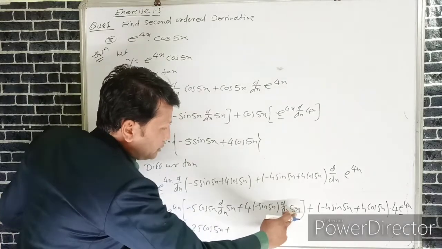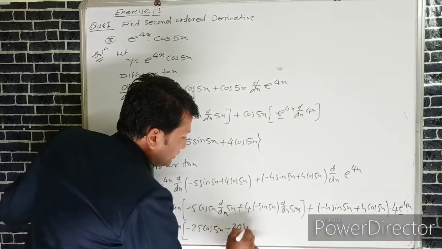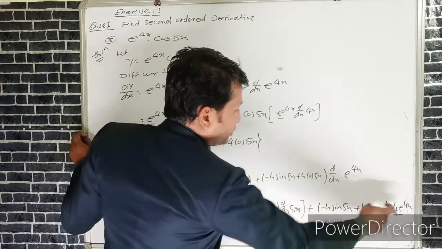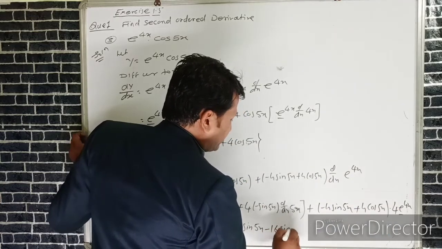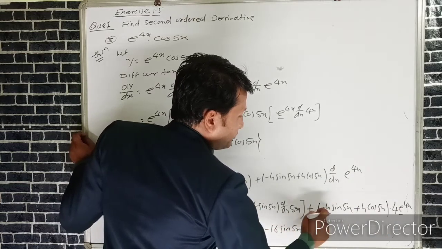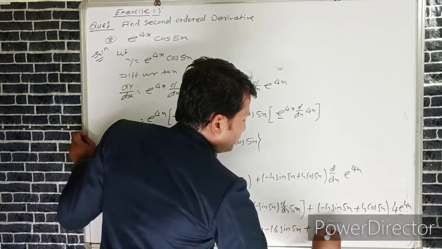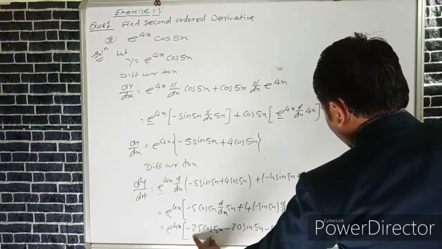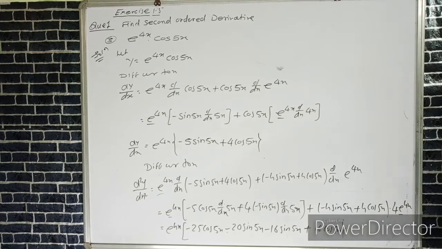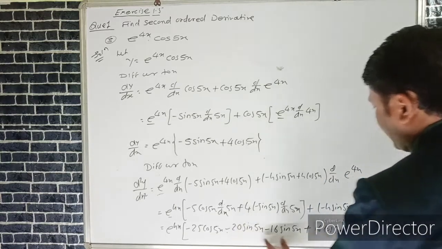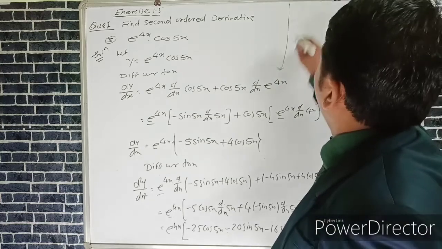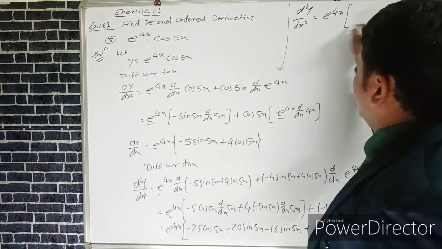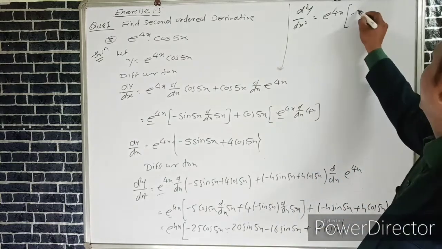Derivative of 5x, which is 5 into 4, 20, so minus 20 sin 5x, plus minus 4 into 4, minus 16 sin 5x, plus 4 into 4, which is 16 cos of 5x. So minus 25 cos 5x and plus 16 cos 5x, minus 20 sin 5x minus 16 sin 5x, we can write d2y upon dx square is equals to e to the power 4x into minus 20 minus 16, minus 36